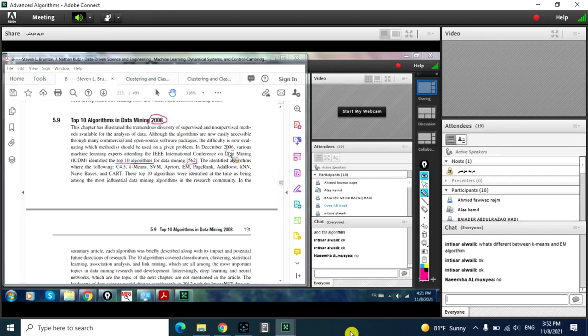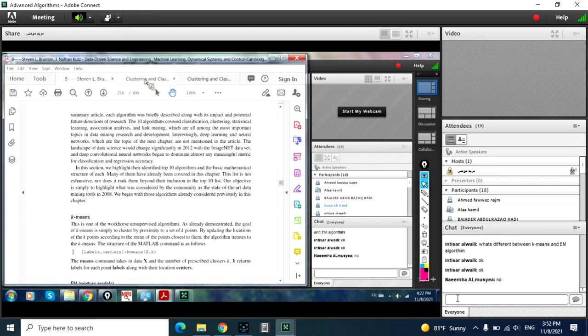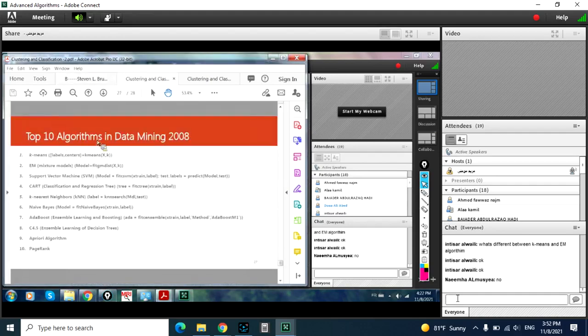In this year, 2006, deep learning wasn't used as much as these days. Then, as you see, these top 10 algorithms don't contain deep learning. Okay, and again, 2 years after that they updated and introduced the famous top 10 algorithms in